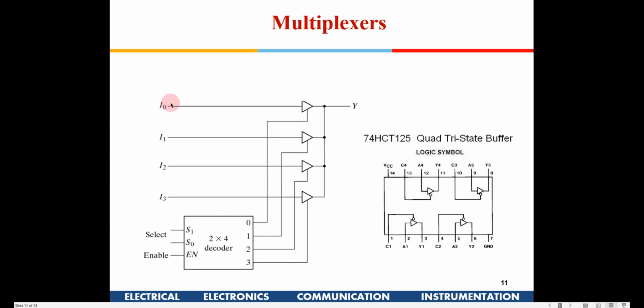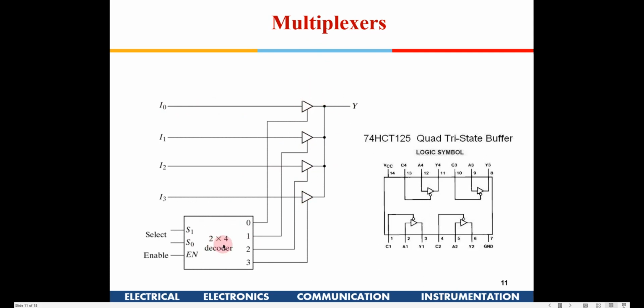So if you see here, these are the inputs which are there. In a tri-state buffer, the advantage is that you can interconnect all of them like this. If you use a 2x4 decoder, to make a multiplexer we can use tri-state buffers. So these are the 4 buffers which are used. Now if I use a decoder and give 0 0, this line will go high, so this will get enabled, so I0 will be available at the output. This is a multiplexer implementation using a decoder and tri-state buffers.